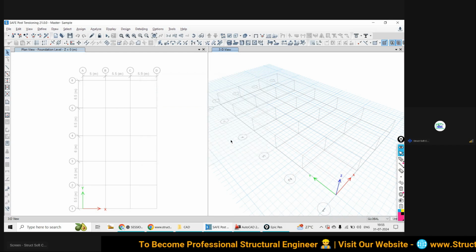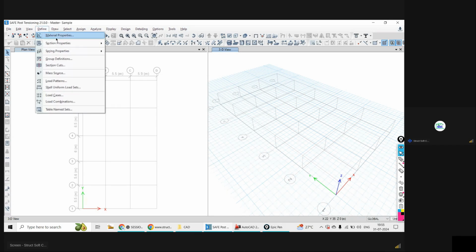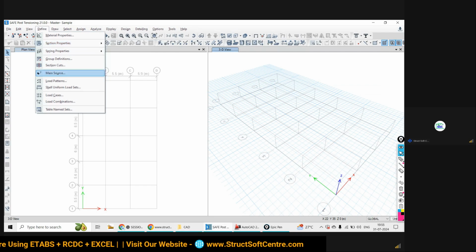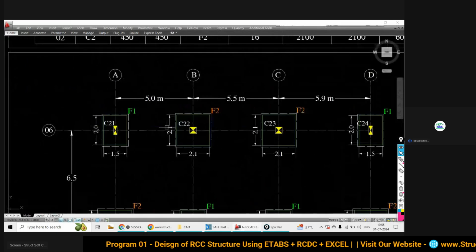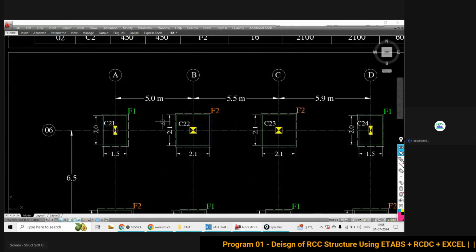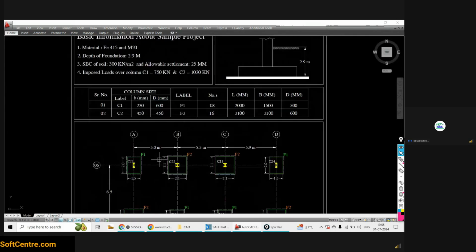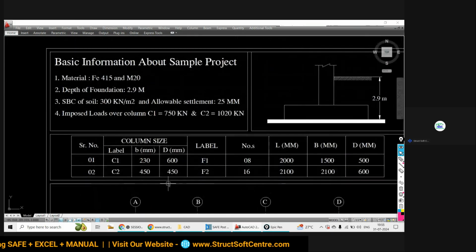That's it. Now next, I need to go to Define, then Section, and here the Section Property. Once you click on section property, what different sections do we need to define? As we have to model the foundation slabs, meaning the slabs for the foundation, that's one section we need to define as an area.